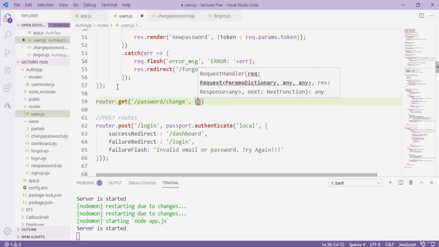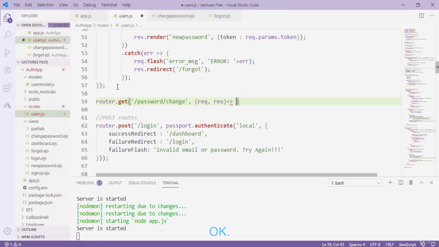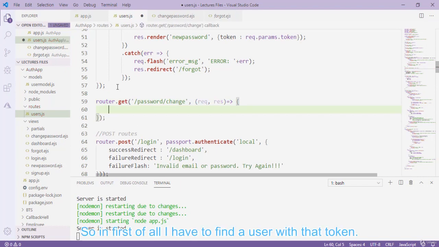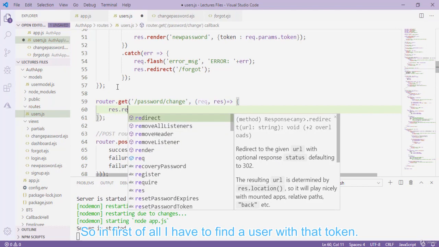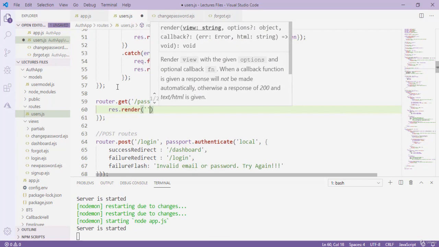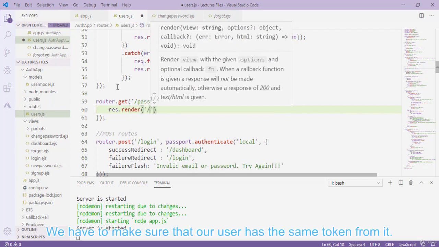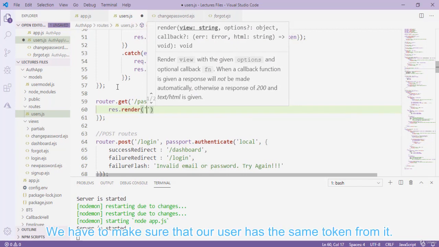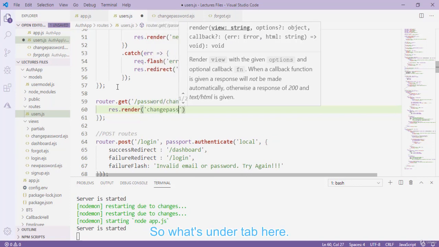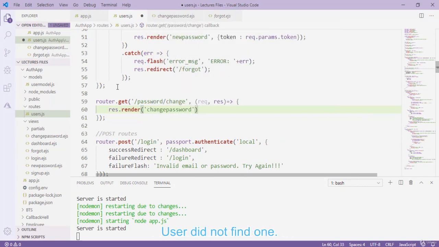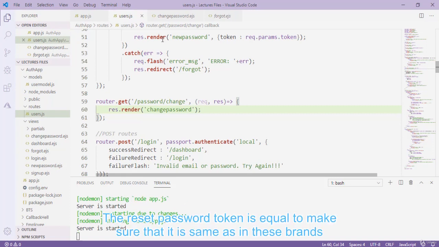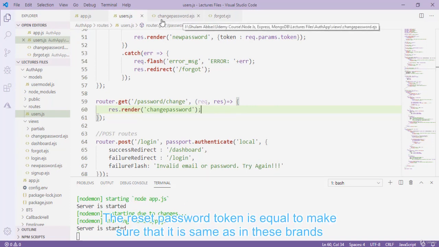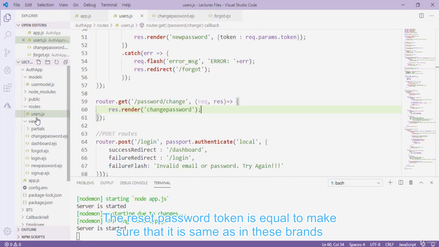Okay, and after that I type here request, response, and we have to simply res.render the slash change password, like that. If I simply save that